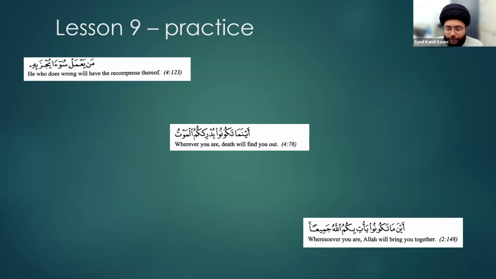The level of this class I want you to understand is aina ma is seen as one word, right? It's a harf shart. It has some effects that follow it, right? And we should be able to see that there are multiple ways in which it comes in our text. Sometimes like this, and other times like this.